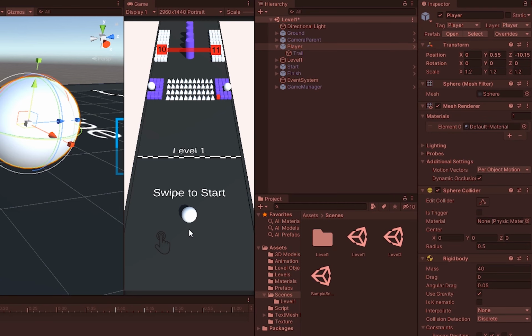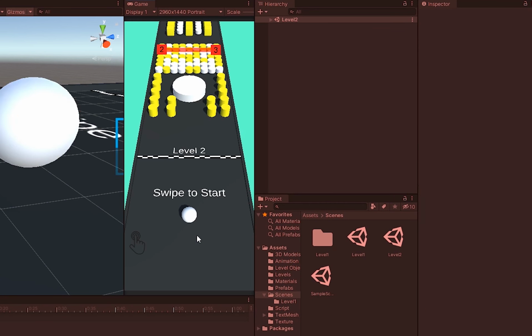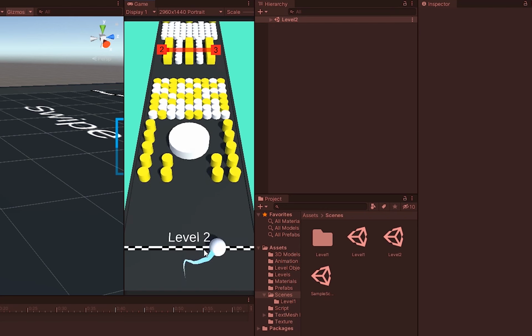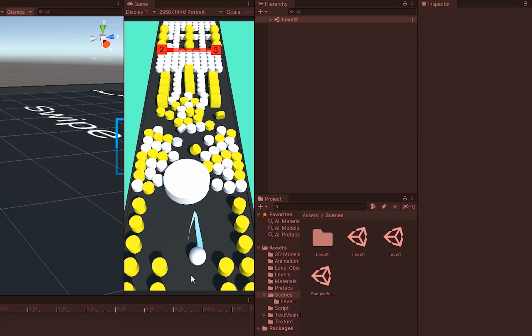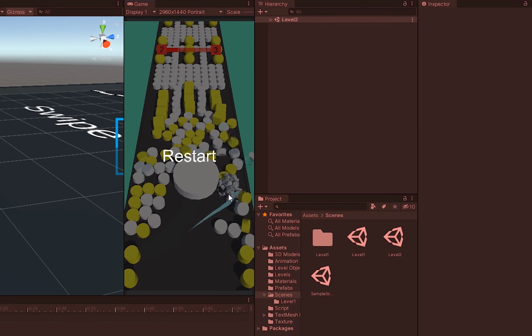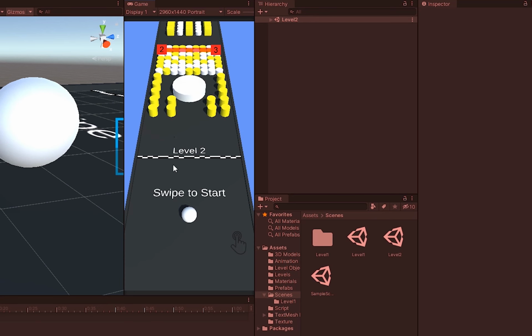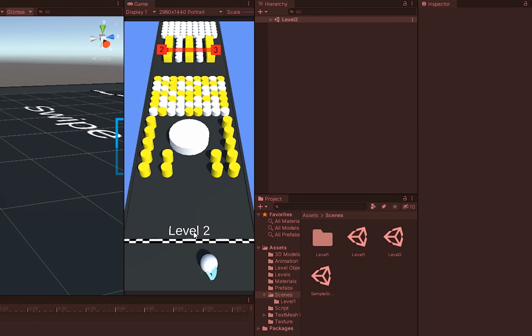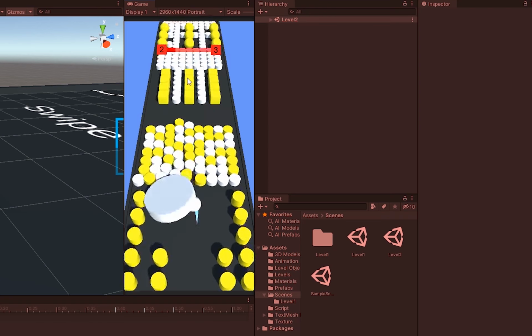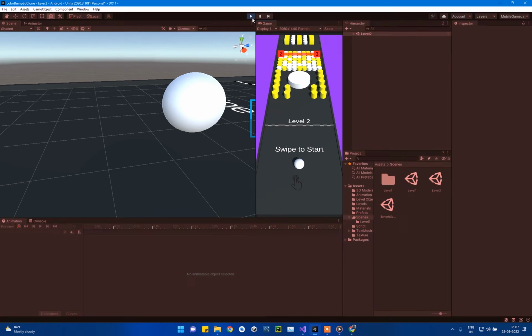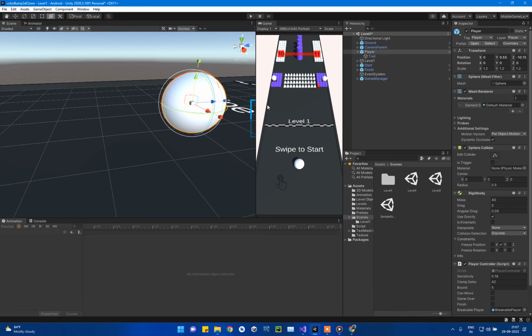Now let's override our player, and now let's check it out. As you can see, our trail renderer is also working and our gameplay mechanics are also working fine. The hand just disappeared when we started and the level progress indicator is also working. Now if you want to build this project for Android,